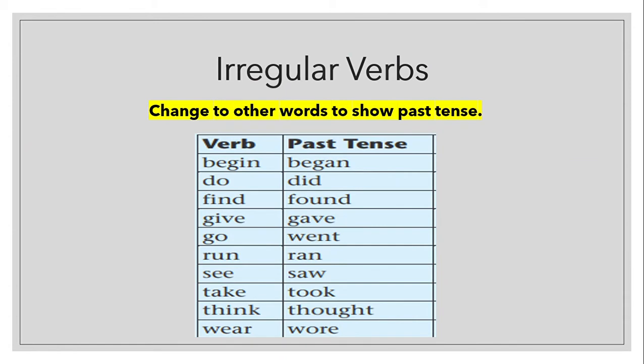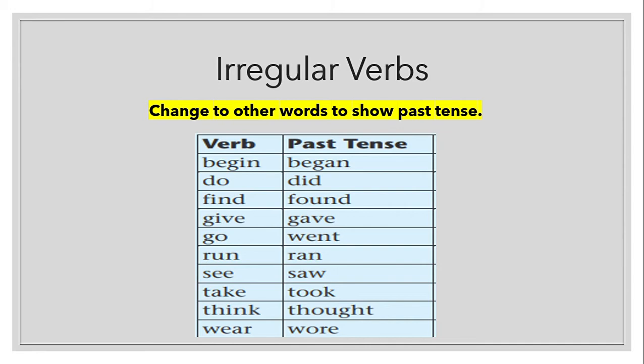Irregular verbs change to other words to show past tense. Okay, so if I want to show the past tense of a verb, the word changes. I do not add ed to indicate that this verb happened in the past. No, I'm changing the word. For this, you do not have a specific rule. You have to memorize the table in your readers and writers. Okay? So we will come to this, but for the irregular verbs, there is a change in the word, like